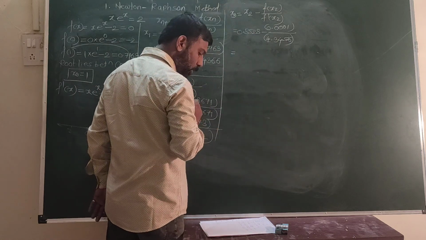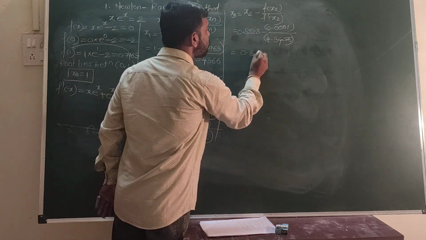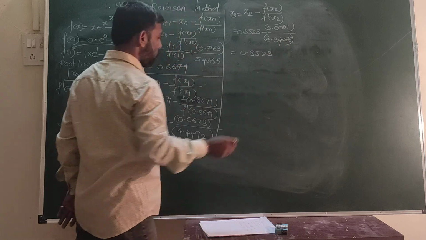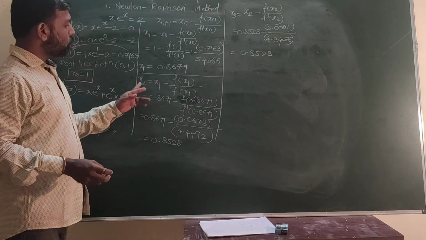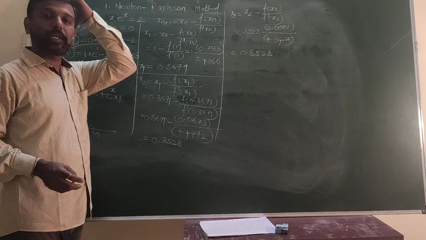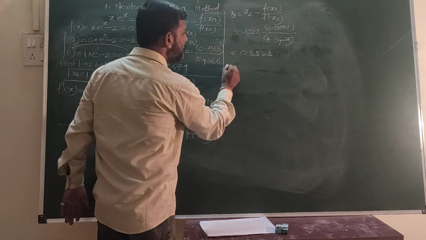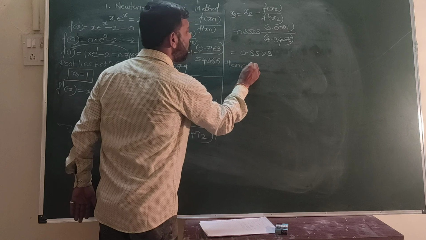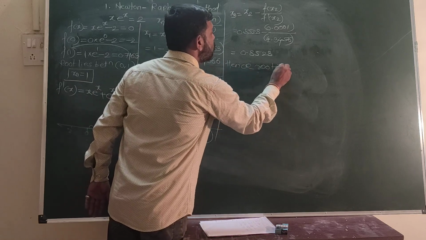This calculation becomes x3. Now compare these two approximations, x2 and x3. So we have corrected up to 4 decimal places. So we will not go ahead for the fourth approximation. Hence, the root is...